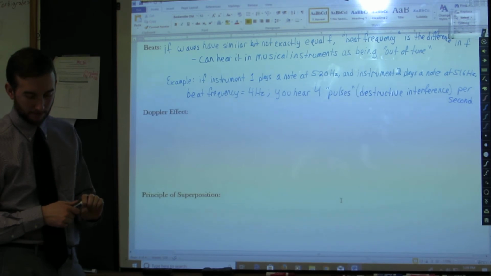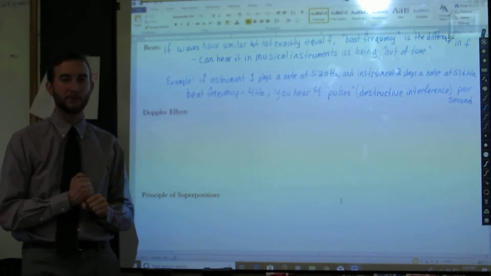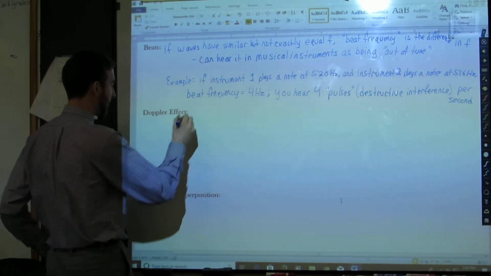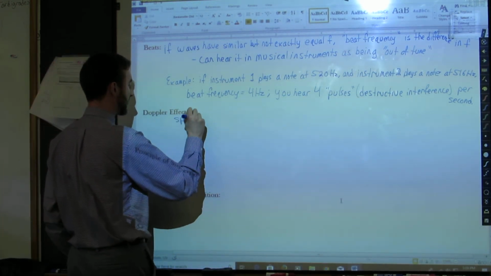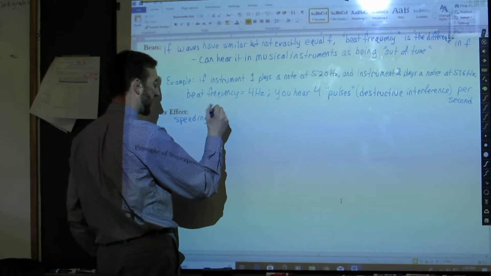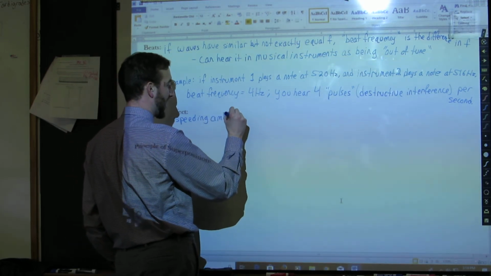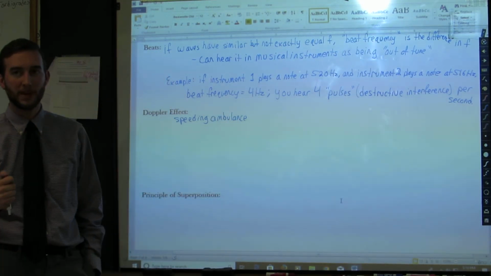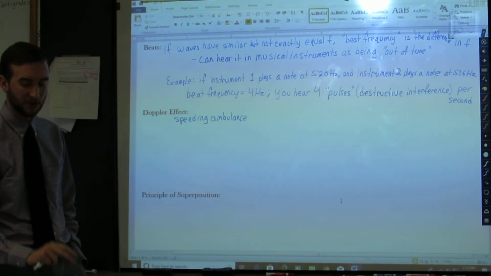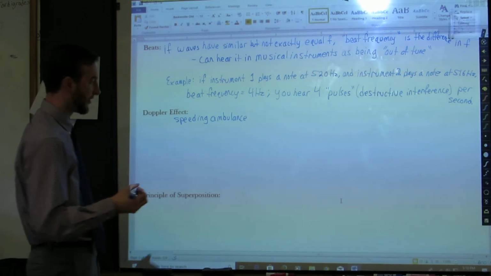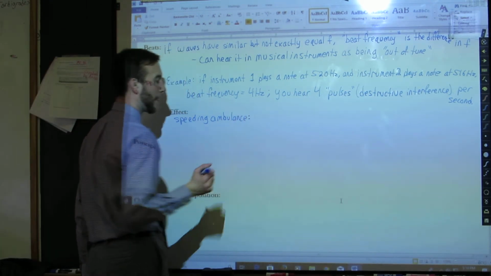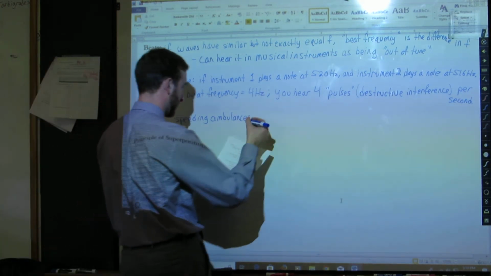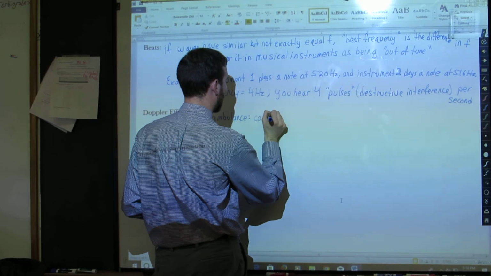Second thing I want to talk about, Doppler effect. You know what the Doppler effect sounds like, even if you can't describe it in words that well. The example I always give is the speeding ambulance. Or actually, I just heard it the other day with a helicopter going overhead. There's a helicopter that went over my house Sunday afternoon, and you could hear the difference in pitch as it transferred from one side of the house to the other. So, anyways, back to my example. With a speeding ambulance, or anything that's moving really fast and emitting some sort of sound, coming towards you, what does it sound like?